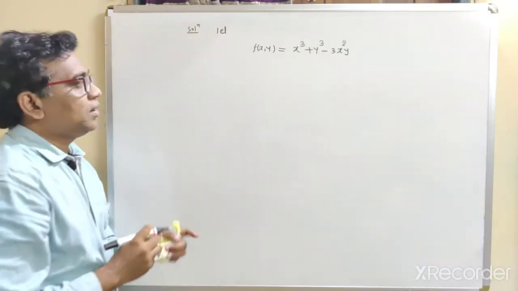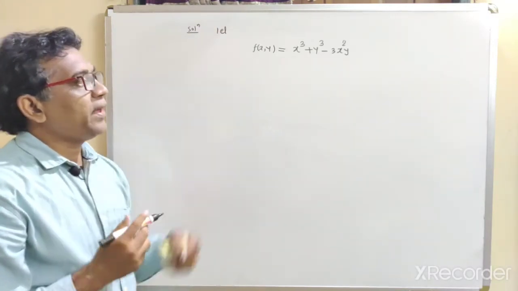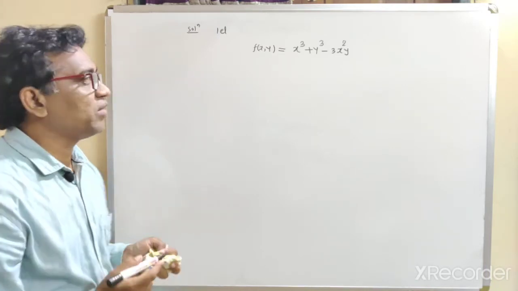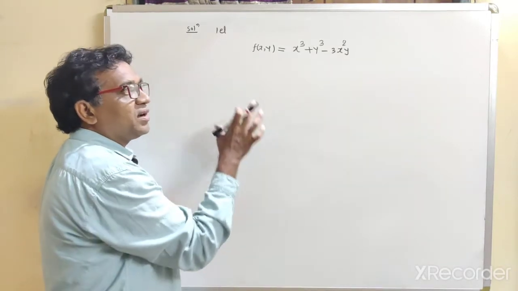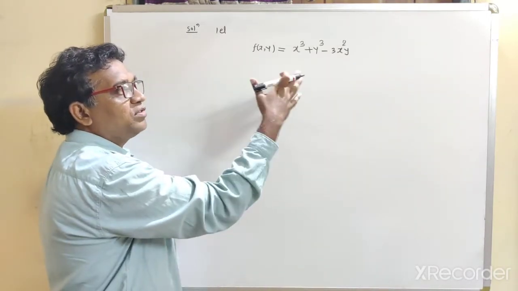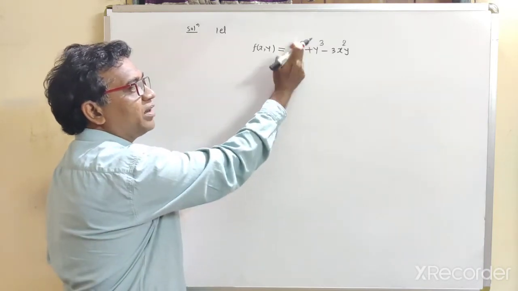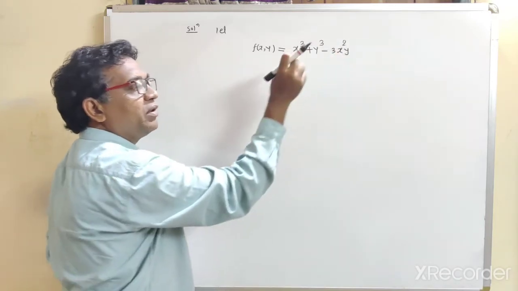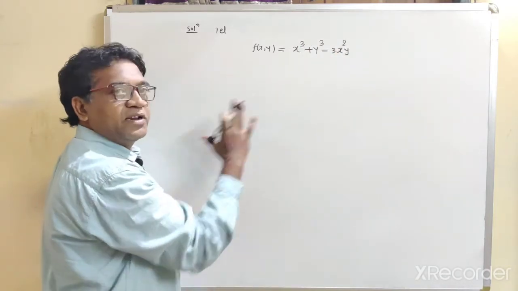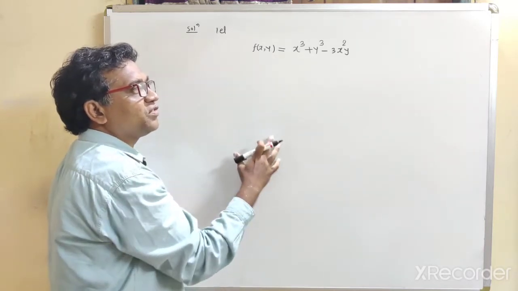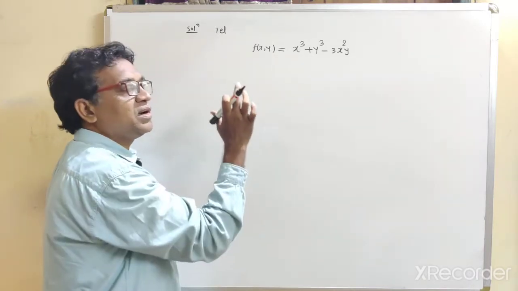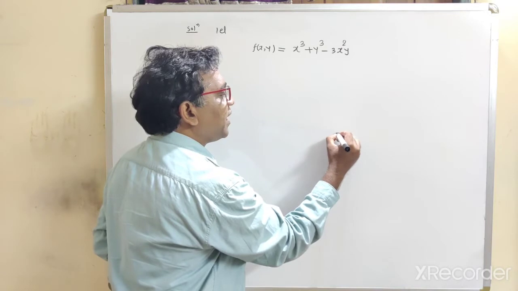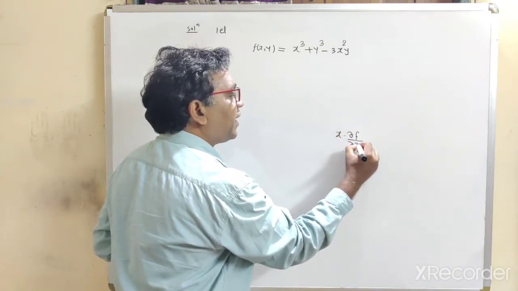So write down the given function. Let f(x,y) is equal to x cube plus y cube minus 3x square y. So see how to get Euler's theorem. Obviously it is a homogeneous function of degree 3. x cube means degree 3, y cube means degree 3, x square into y, 2 plus 1, total degree will be 3. So the degree of every term is the same. So this is called a homogeneous function, and the degree of this homogeneous function is 3.